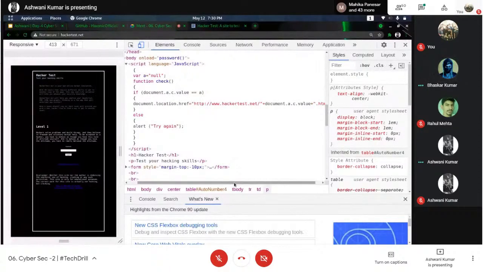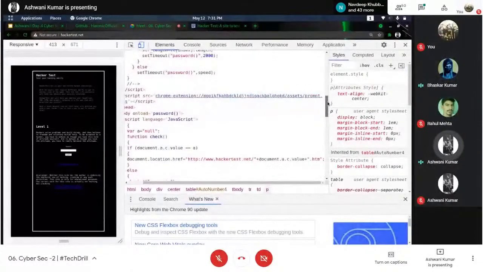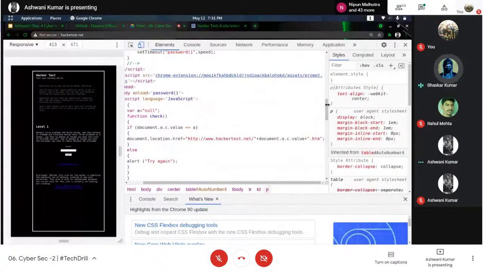Ashwini, you can just say that. Yeah, this is the answer. This is a very simple challenge, guys. It is just JavaScript. Even if it were C or C++, that would be fine, because it is just a simple if-else statement. Just look at it and understand what kind of value is needed in order to solve this challenge. For the password, we have to fill in the correct password and submit it.